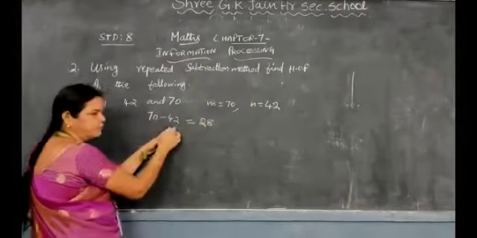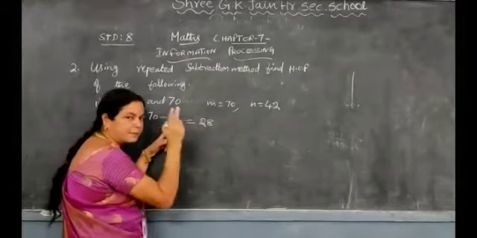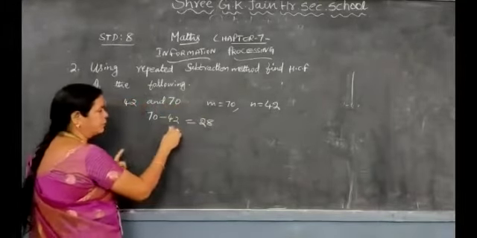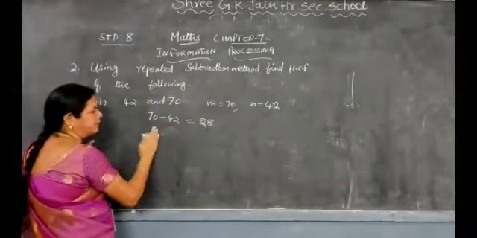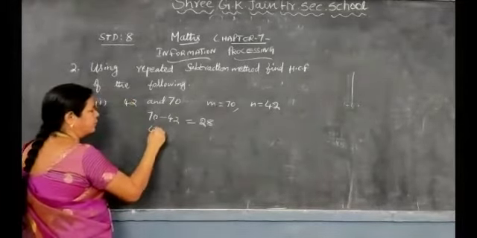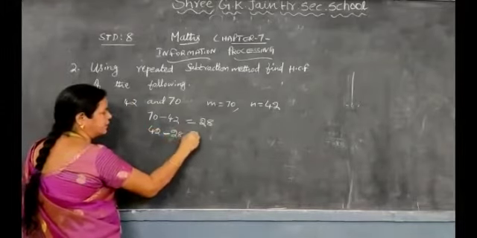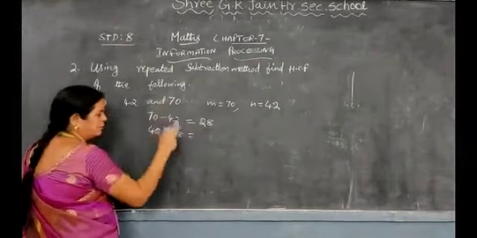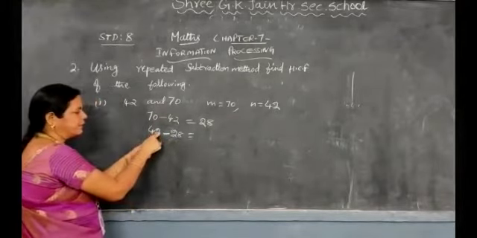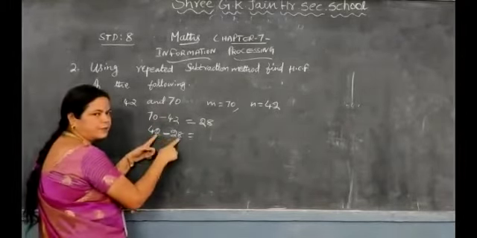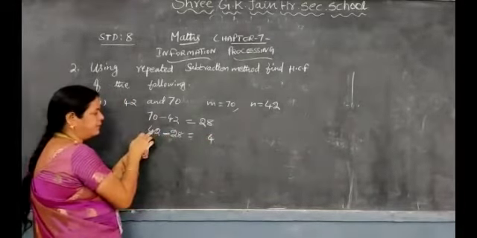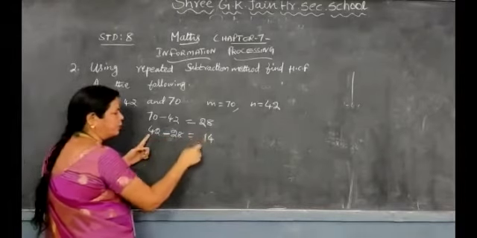Now with these two, the answer and the second number, you are going to compare. So while comparing these two, what you are going to take? First, the bigger number as the m and the smaller number as the n. So now 42 minus 28. Only these two numbers we are going to compare, remember. So 42 minus 28, 12 minus 8, how much? 4. And here how much balance is remaining? 3 is there. 3 minus 2, how much? 1. So you are getting 14.